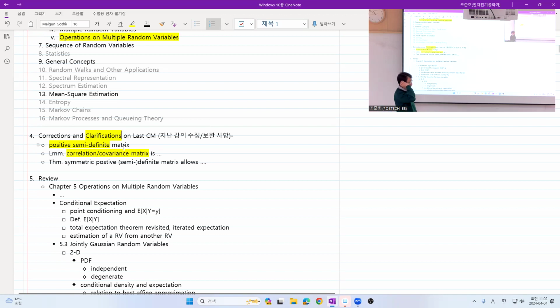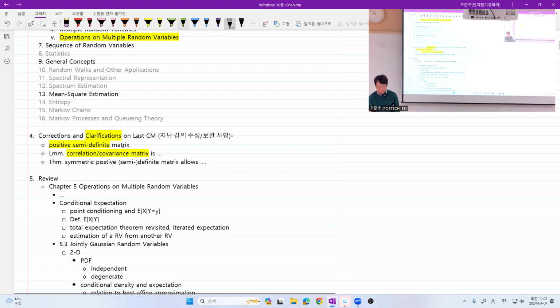Last time, we defined the correlation matrix and the covariance matrix of a random vector. So what was the definition? Given a random vector, we defined the outer product of the vector processed by the expectation operator. That is denoted by R sub XX, right? What I want to talk about is some mathematical definitions related to this correlation matrix. So first, given a square matrix,